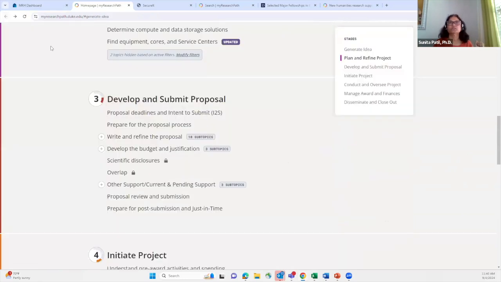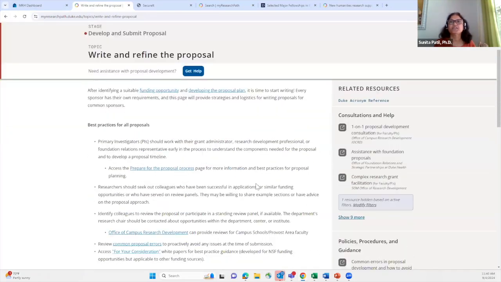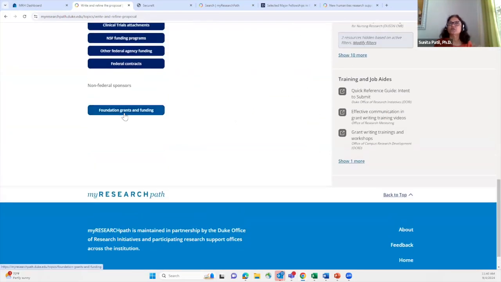Any questions? Oh, I forgot to show you something. Hold on. The other thing you can do, for non-federal funding, is there is also a link to the foundation grants funding. If you wanted to apply for a foundation grant, this is the place that you will go to. You can see who's assigned to what foundation. And if you're going to be applying for one of those,